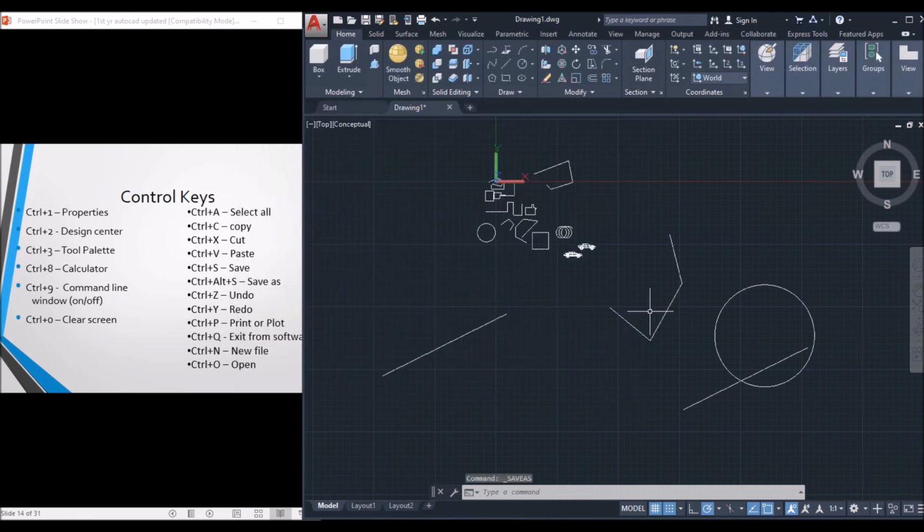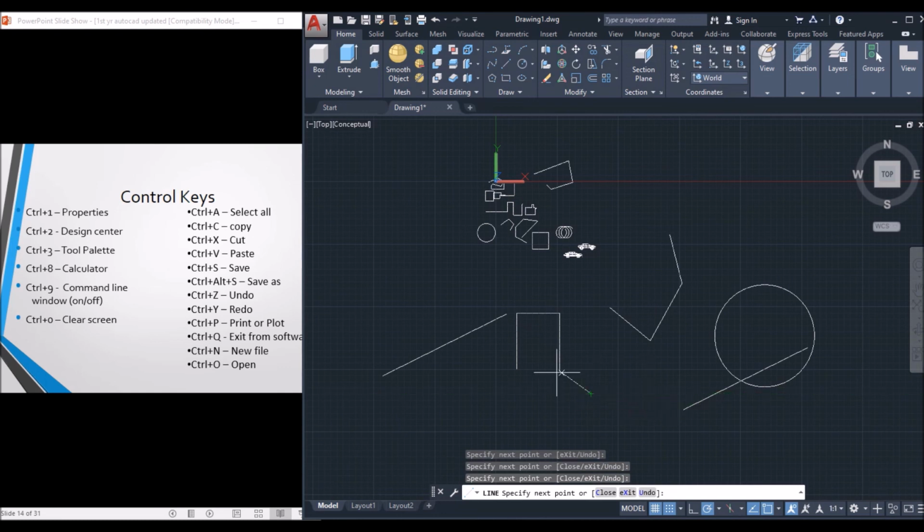Next is undo. Suppose I am going to draw a line like this, here we are going to see an option near the cursor, so that is because of the F12 function key. So ensure that while drawing, the function key F12 should be off. Without any disturbance we can draw the figures. If you want, you can turn it on. Now I'm going to draw a line. Suppose I'm drawing a line like this.